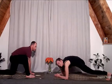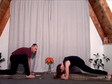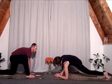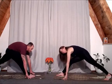And let's take another 3 breaths here. How are you doing up high? You good? Good. Bringing the back knee down, coming back up now, bringing your fingertips either side of your front foot. Good. Keep that big toe grounded as we inhale and push the front leg and the back leg straight,